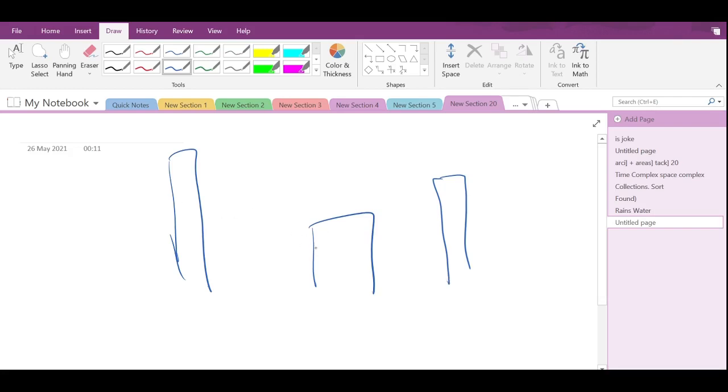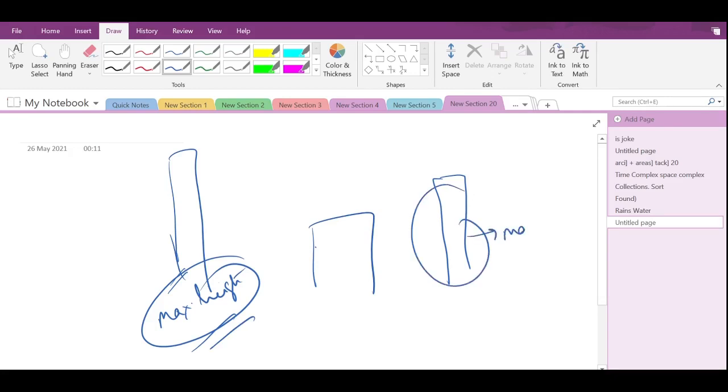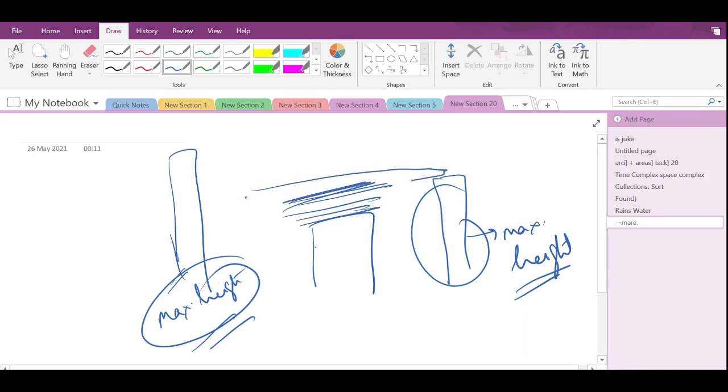So I need to check what is the maximum height I can get on my left side, and what is the maximum height I can get on my right side, right? I will store water, but suppose the height is this one, and we also get a height this one, we will be able to store water for the larger heights, right?